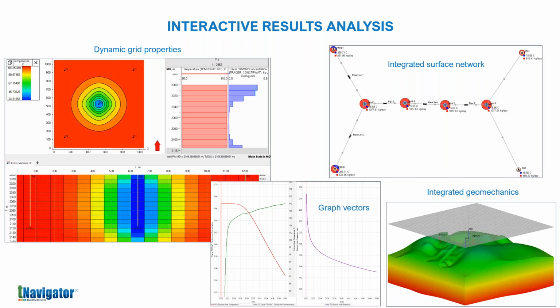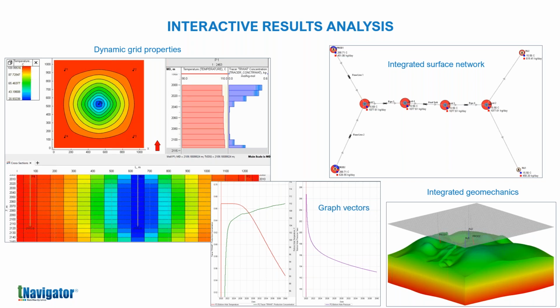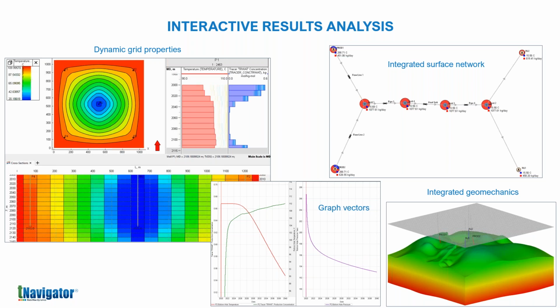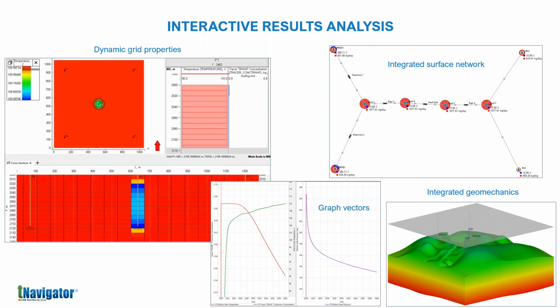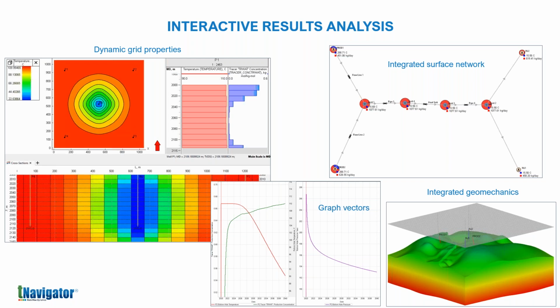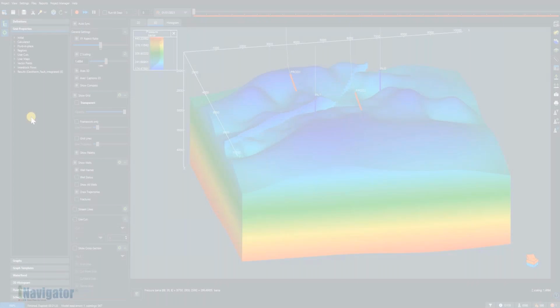Graph vectors. We can see lots of different graph vectors, temperature based, pressure based. Of course, fully coupled with the surface network. So whenever you run the reservoir itself, the surface network also calculates at the same time, of course, with the geomechanics there as well. Now we're going to go on to a quick video next, just to show the reservoir side of things coupled with the geomechanics. So without further ado,